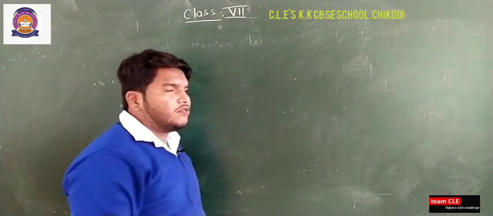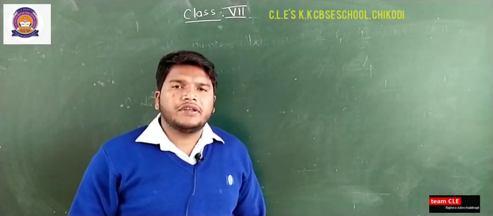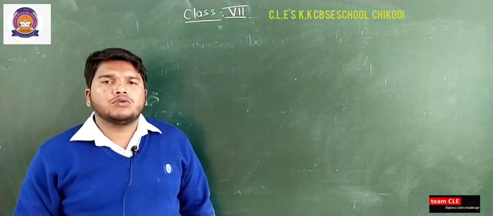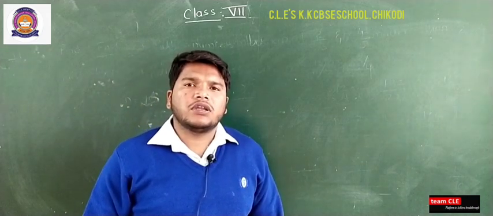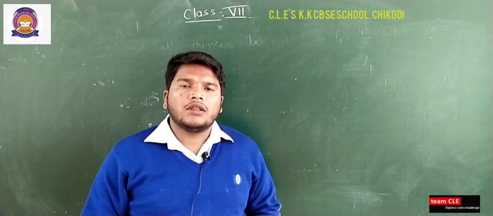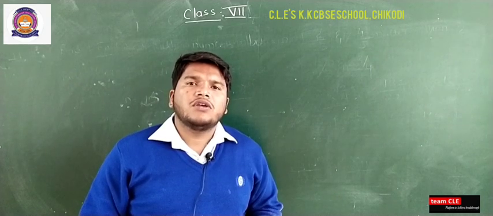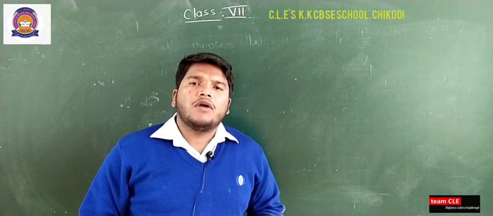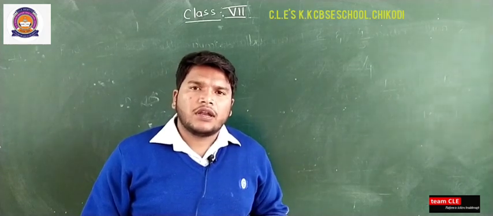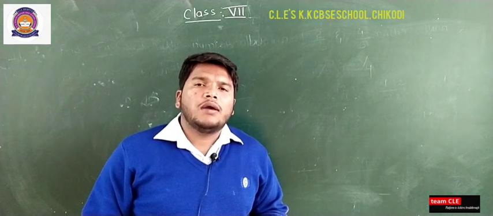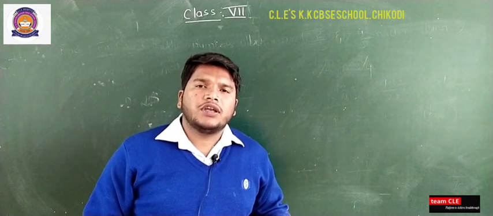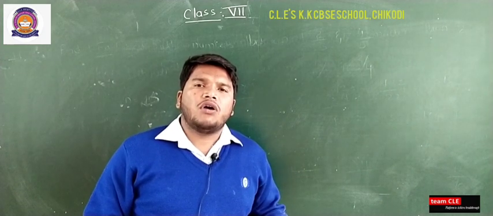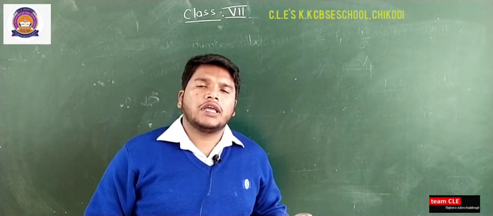So in the last class we have started with the multiplication of integers. You have seen the three cases. First, whenever you multiply two positive integers you will get a positive integer, and whenever you multiply a positive integer with a negative integer, you will get a negative integer. And also you have seen the last scenario, that is, whenever you multiply two negative integers you will get a positive integer. So this is the multiplication of integers you have studied in your previous class, and also you have studied how to find the multiplication of integers, that is, the product of integers on the number line.